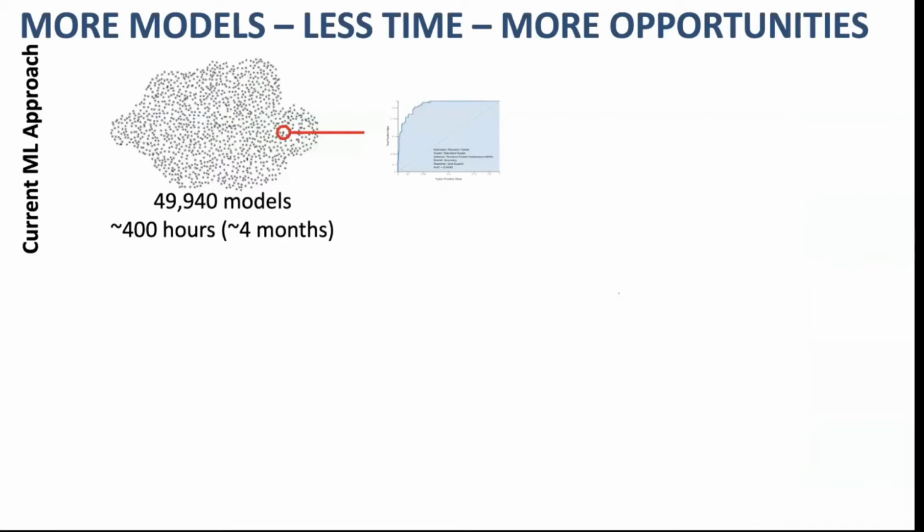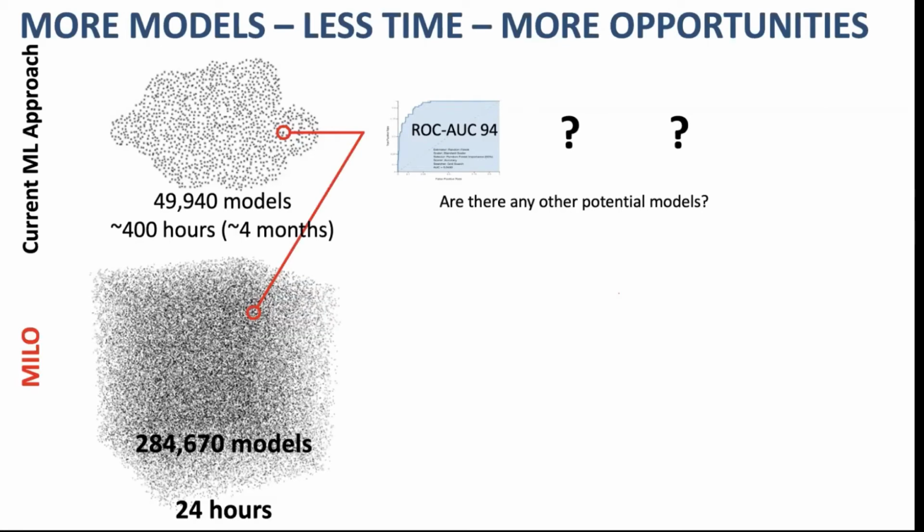And exactly, can it find models that were extensively studied? Here's a great example. This was our sepsis model, a very large study, about 50,000 models built. It took us about 4 months to do this study, and we found that needle in the haystack for sepsis, where within burns patients, we found a fantastic model in terms of how well it was performing. Our main question was, can MILO find the same thing? And the answer was, MILO did. But instead of 4 months, it did it in less than a day, which was the biggest thing for us. It found the same one that we found here.